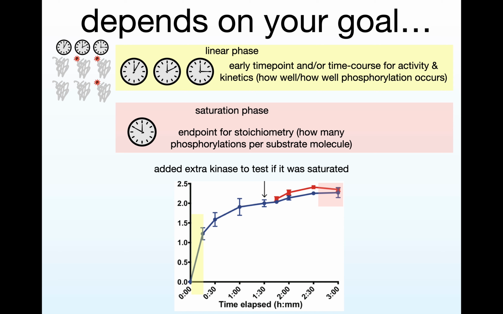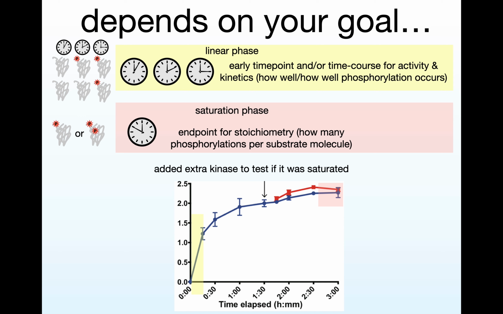And then the saturation phase is if you're doing an endpoint for stoichiometry, so how many phosphorylations per substrate molecule. So if you were to think about this, if you had two substrates and they both had a single phosphorylation site, and you let them run to their saturation, so all the possible sites were phosphorylated, then you would get the same number at the end if you were just to measure that endpoint. But one of the